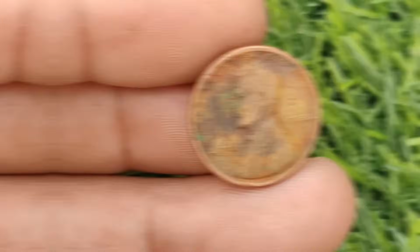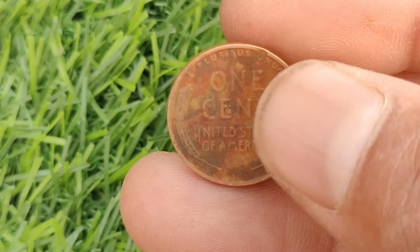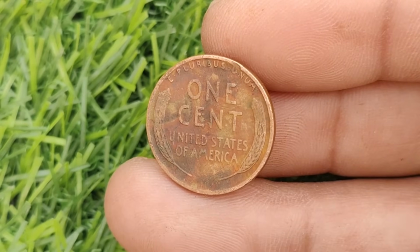And if you're just starting out in coin collecting, the 1934 wheat penny could be a great addition to your